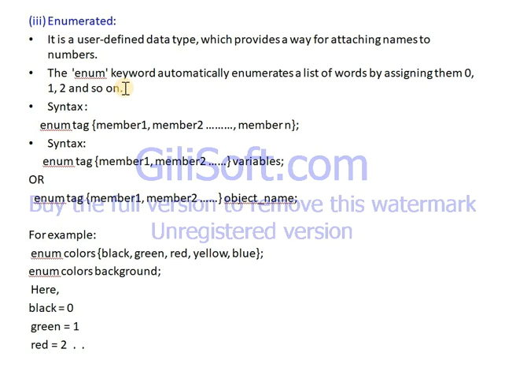In short, enumeration or enum is a user defined data type in C, and it is mainly used to assign names to integer constants. The names make a program easy to read and maintain.